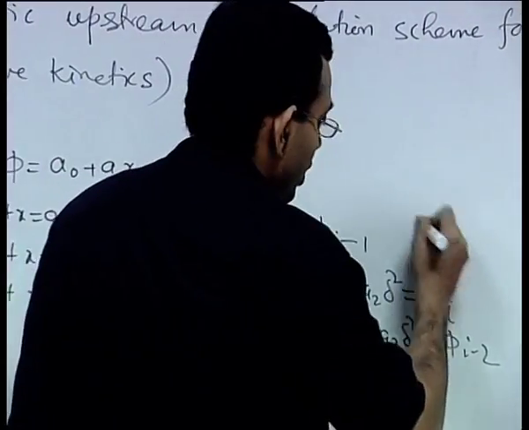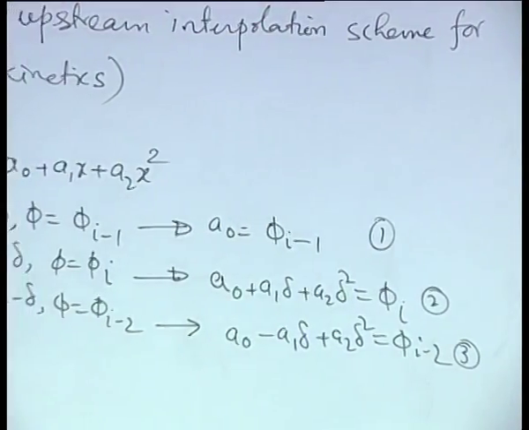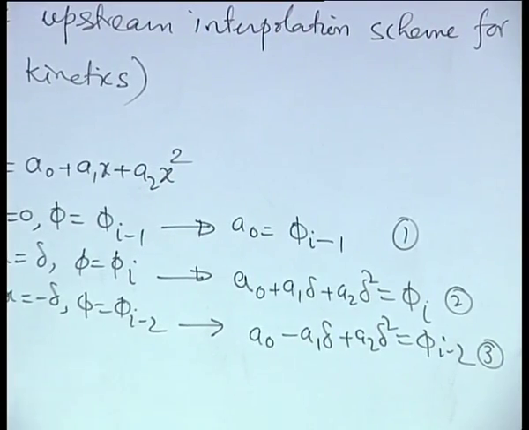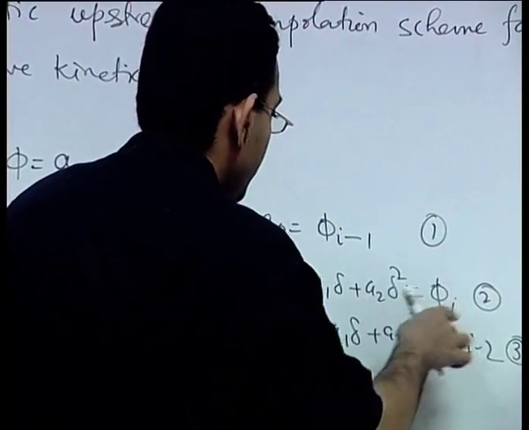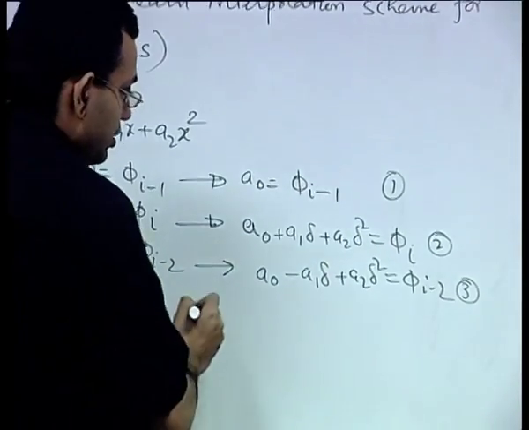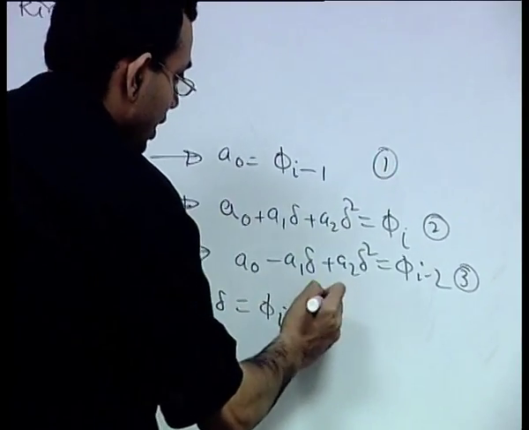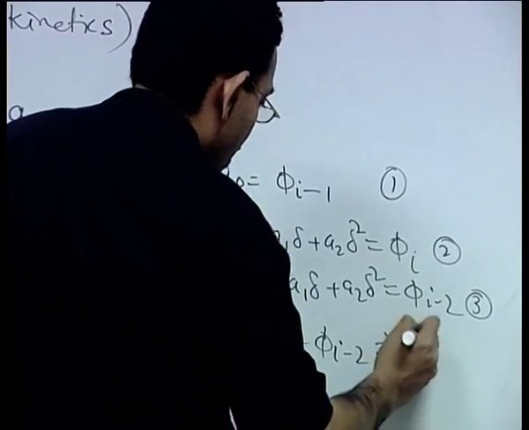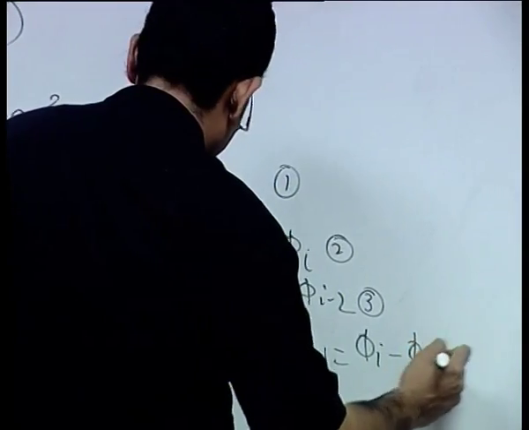Let us say this is 1, this is 2, this is 3. Now, you can subtract, so 2 minus 3, then you will have 2 a1 delta is equal to phi I minus phi I minus 2. So, a1 is phi I minus phi I minus 2 by 2 delta